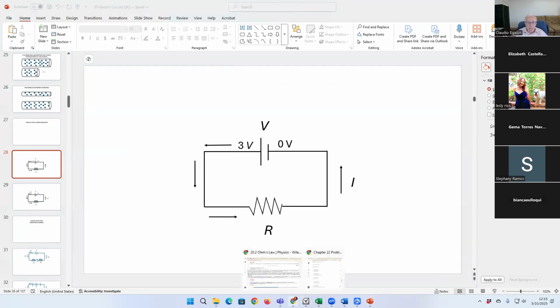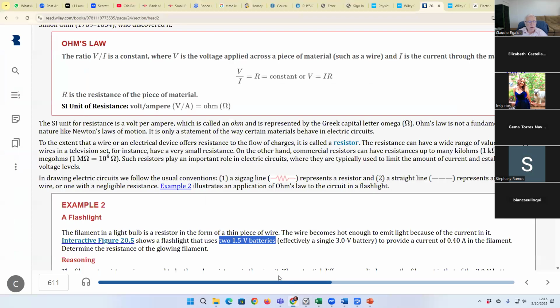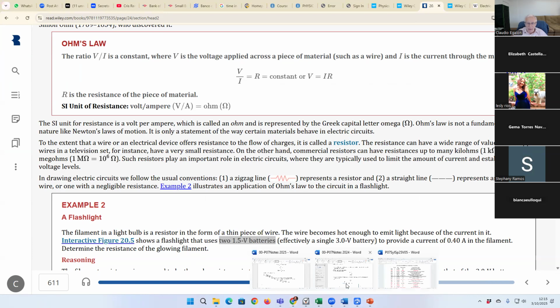Let's go back to the problem again, the example again. The wire becomes hot enough. It shows the flashlight, we have V, 3 volts, and we have the current, 0.4 amps. What is the resistance of the glowing filament? Okay, simple enough. So I'm going to write down here my